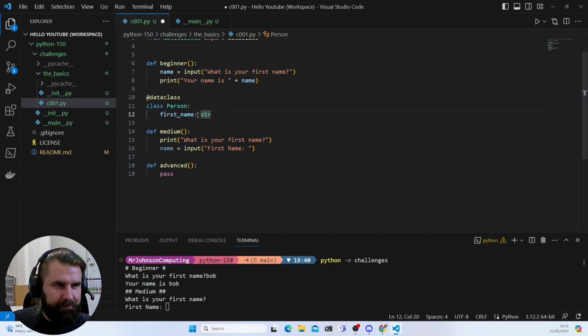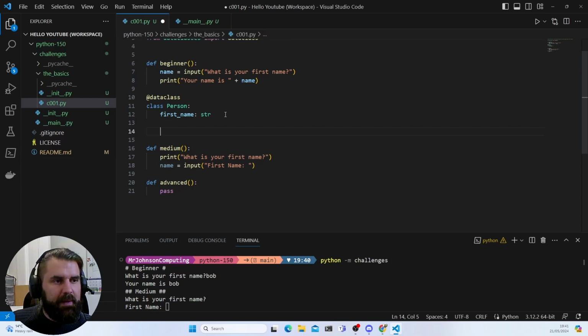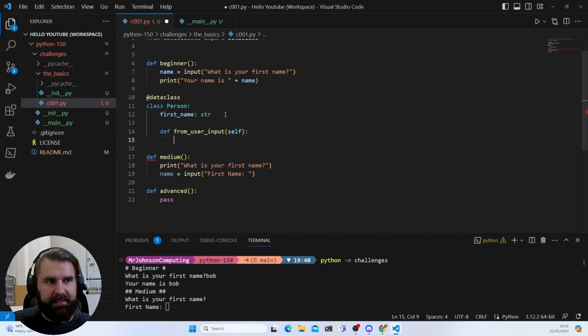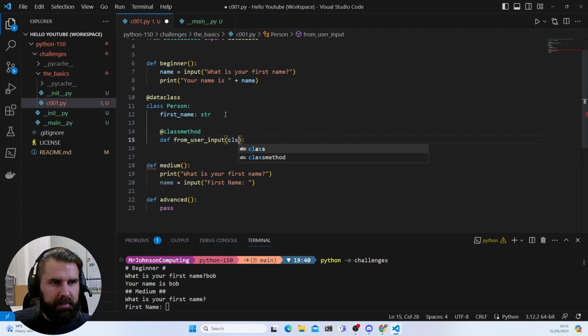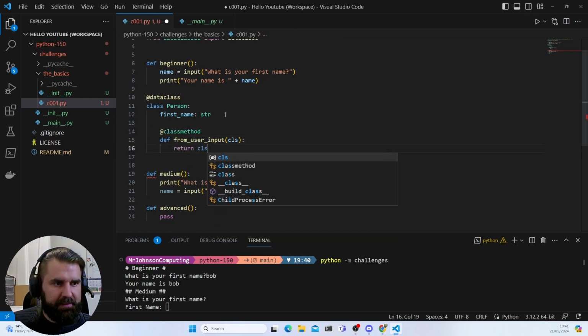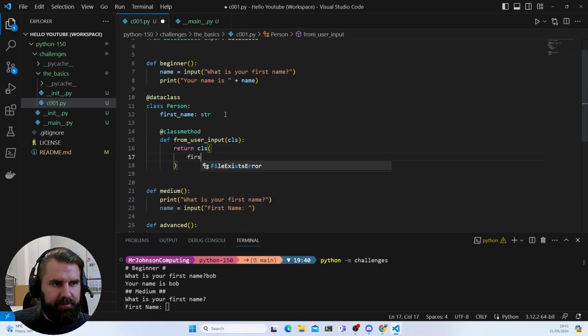Okay, so person is first name, and when we create a person, we're going to make a function called def from user input, and we need to put self because we're referring to this instance of the class. We're actually going to make this a class method, and we don't want this to be self, we want it to be CLS, and we're going to return CLS where first name is equal to name,